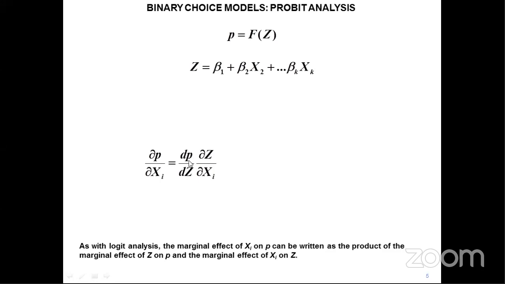This represents that the marginal effect of xi on P can be estimated by the marginal effect of probability of Z, or the marginal effect of Z on probability, and the marginal effect of X on Z. So by taking the multiplicative nature of these two, you would get the marginal effect of the probability of being a graduate because of the father's schooling, mother's schooling, or age, previous grade, and so on. So this is the way we use these marginal effects for interpretation in case of probit analysis,